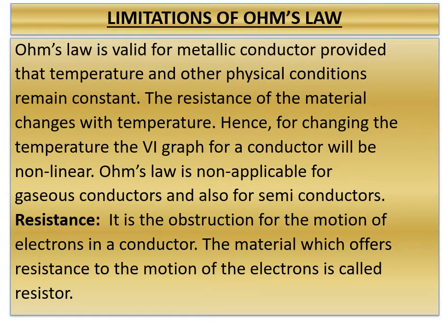And one more point is the material which offers resistance to the motion of electrons is called a resistor. So, you have to remember that more is the resistance, more is the obstruction to the flow of electrons. Obstruction to the flow of electrons means the electrons will not move in a conductor. As electrons will not move, it will not constitute any current. So more is the resistance, less will be the current. You have to remember here. Less is the resistance, more will be the flow of current.